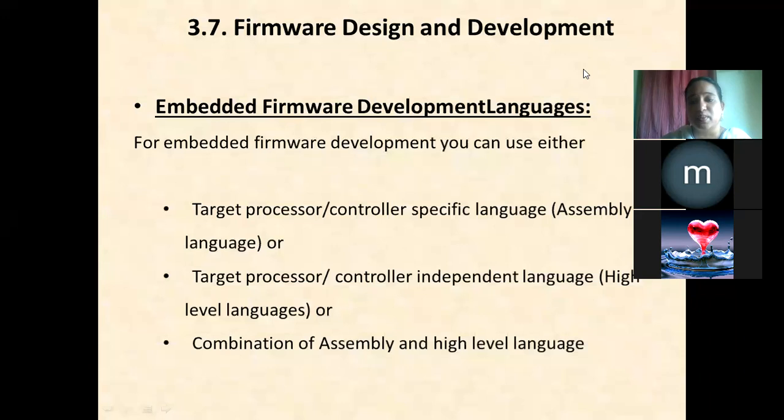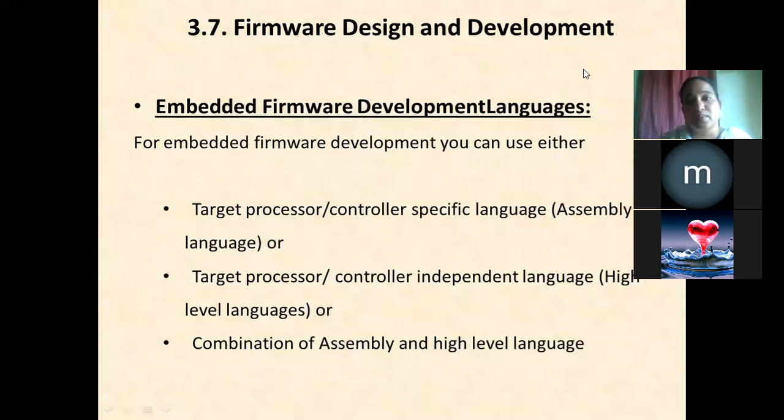We also require some system components not only for the proper functioning of the embedded system, but also for the proper execution of the embedded firmware. We also discussed the different methods used to develop embedded firmware. Mainly two methods are available: writing a program in assembly level language or writing a program in high level language, and using some utilities provided by each vendor or manufacturer of the core of the embedded system. So these are all the topics we discussed yesterday.